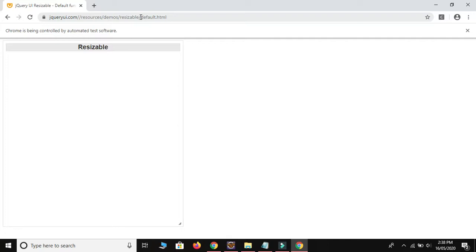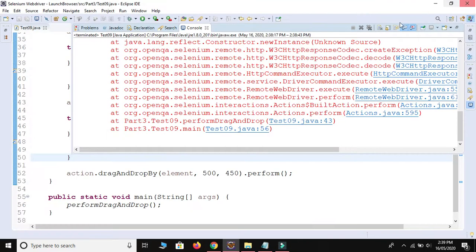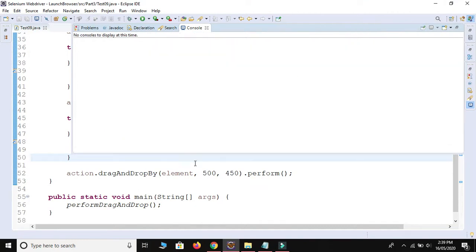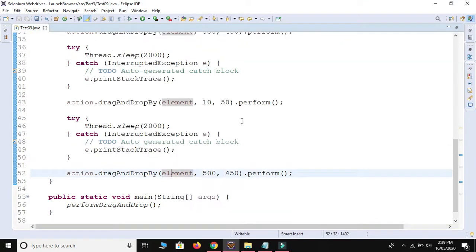Okay, I think we got some error because it changed only once. Or I don't know, it was from my side. Let me close this. I think we need to wait. We provided 2 seconds. Okay, just wait for the execution.